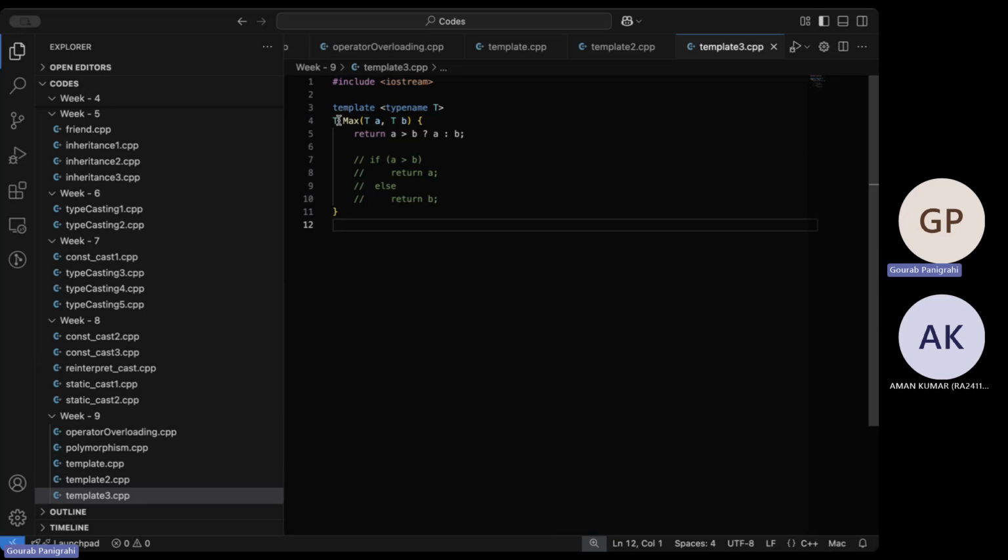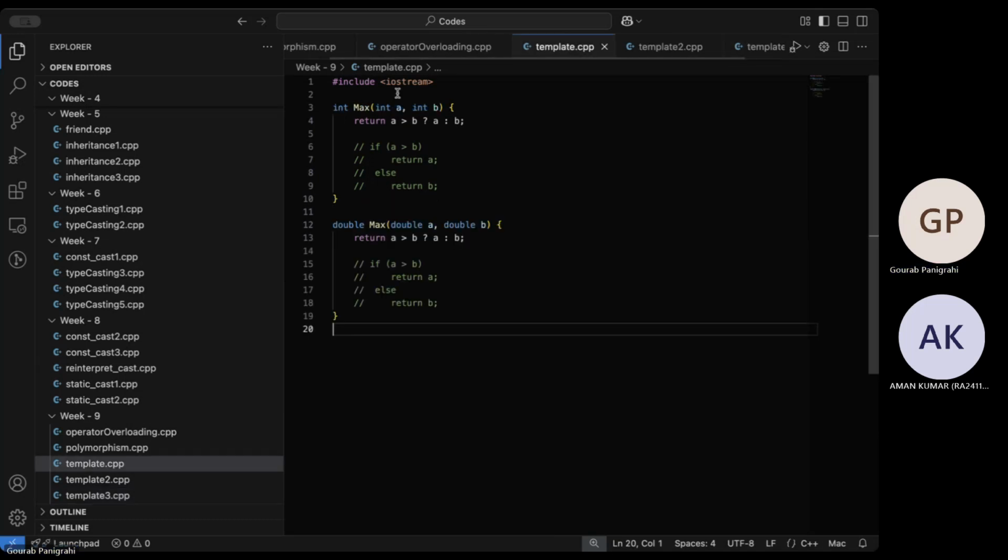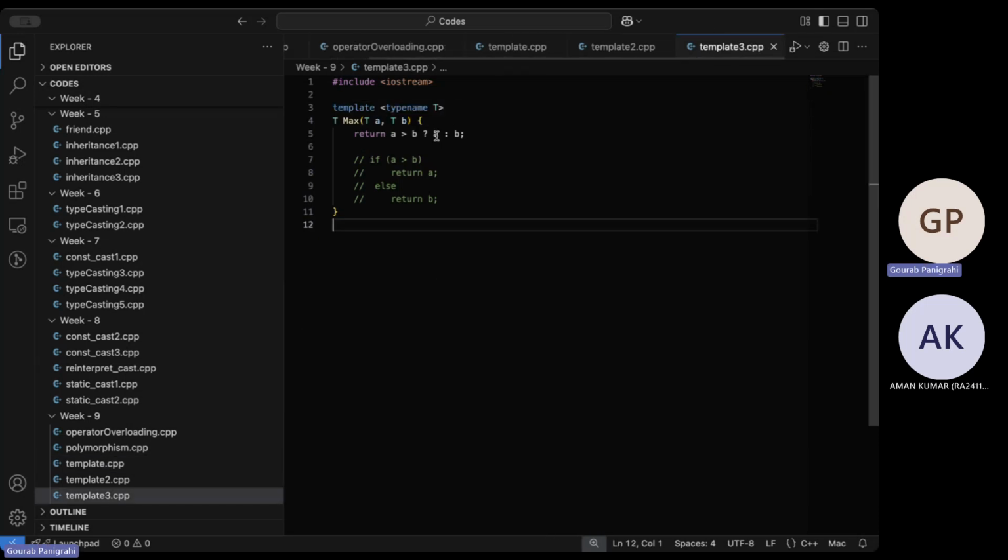So instead of writing all the codes, whenever I see the data type, I'll use a template instead. So the data types are doubles and integers, right? Instead of those, I define a template before writing the function, and just replace it with the data type I want. Code is exactly the same.